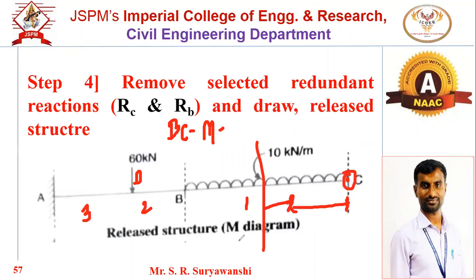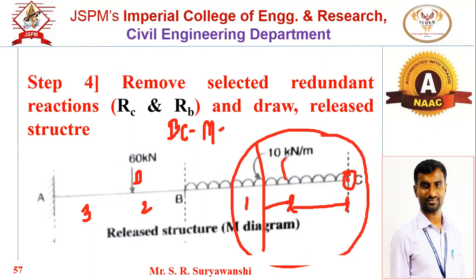Now, if you consider the right portion, the bending moment of this UDL of 10 kilonewton per meter about this section line will be clockwise. And as per our sign convention, sagging we are considering positive. So that's why right portion clockwise will be minus. So the moment of this UDL about the section line will be minus.